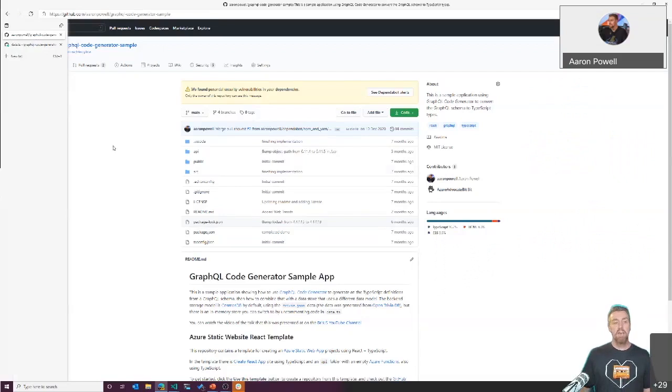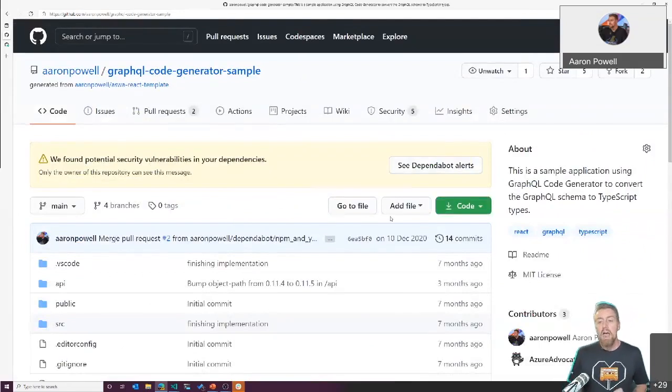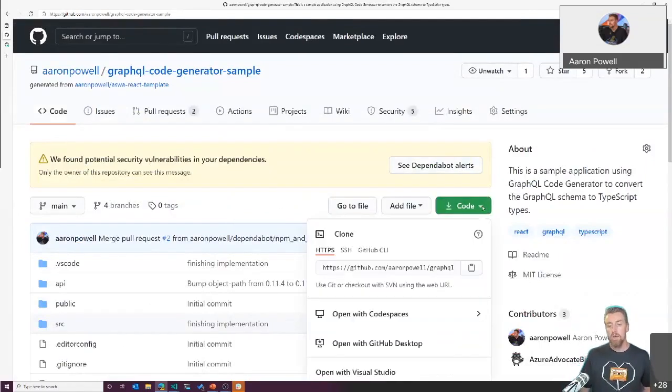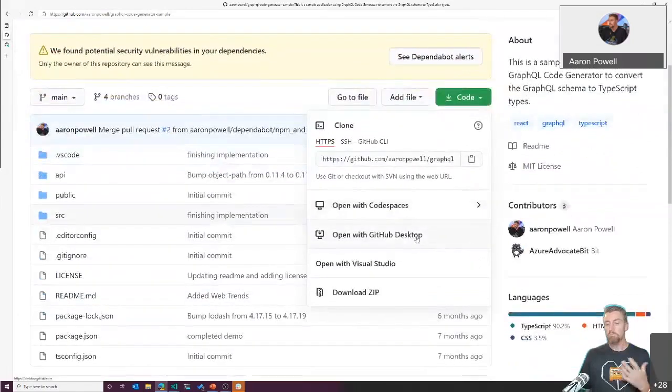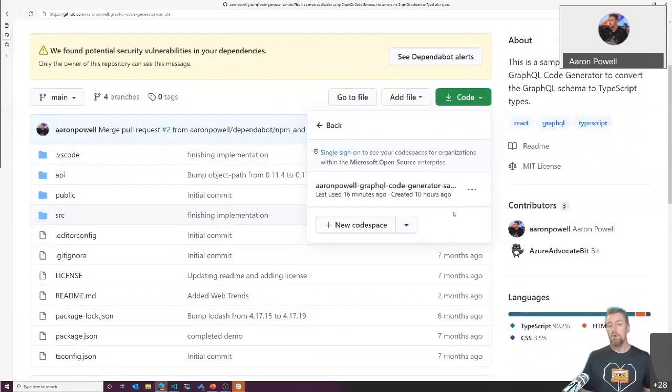So this is a GitHub repo of mine. There we go, let's zoom that in. I forgot to do that beforehand, my apologies. If I click on Code, while I have the normal open with GitHub Desktop, open with VS Code, here's the clone information. Because I've got access to the beta, I also have open with Codespaces. So I can click over here, and then I can create a new codespace for this repository, or I can connect to an existing one.